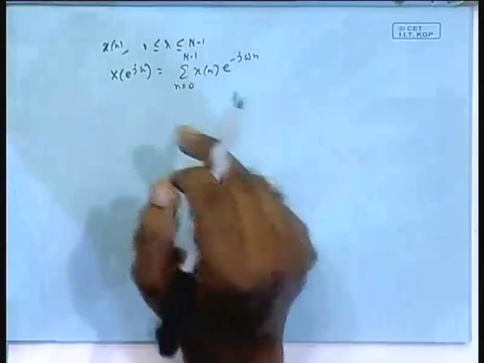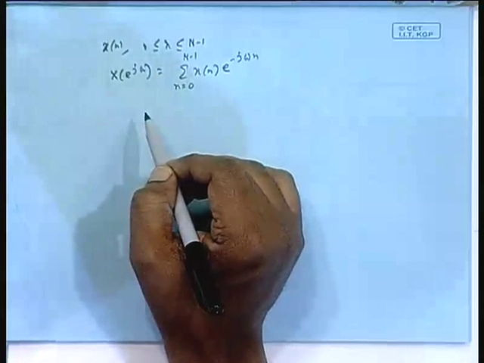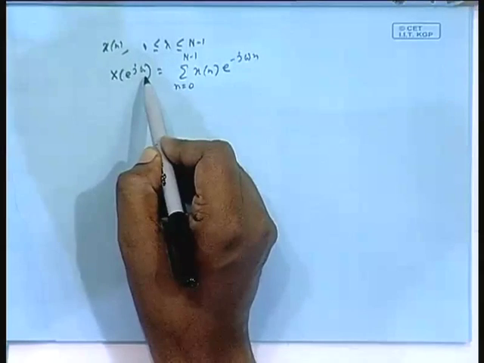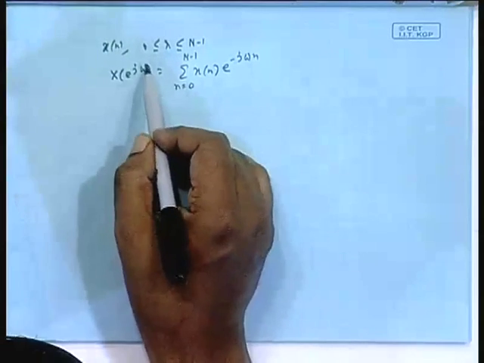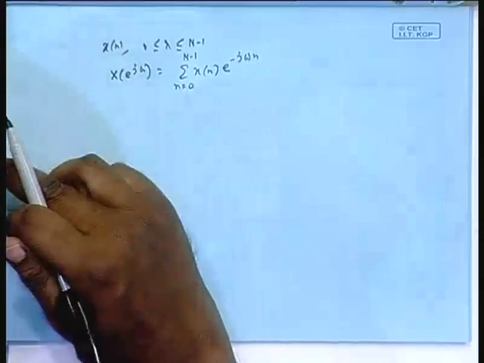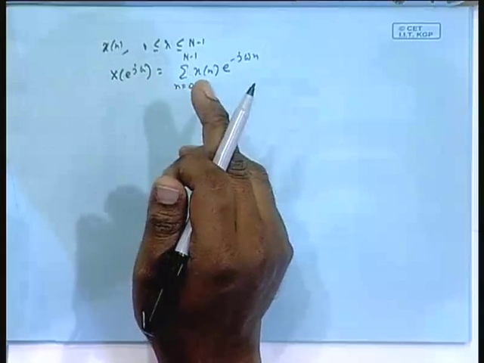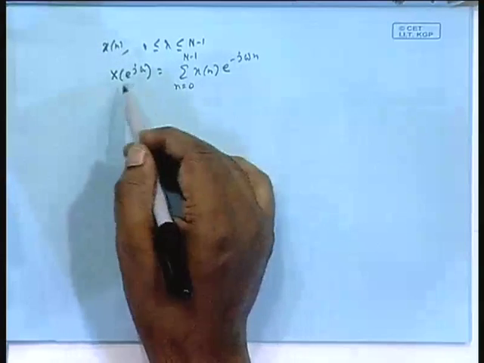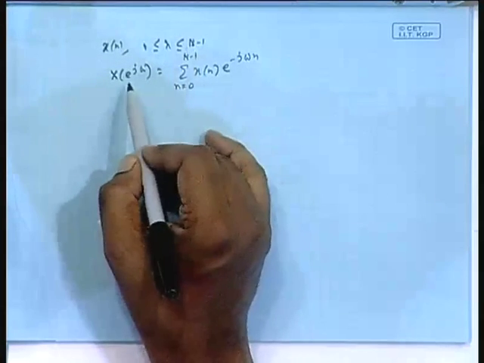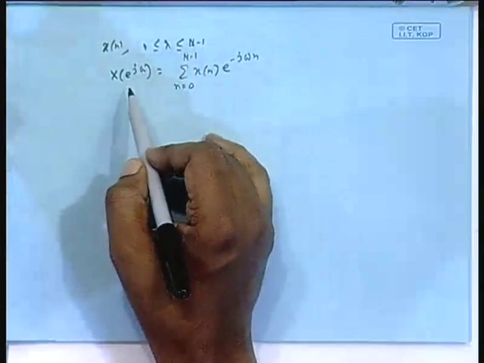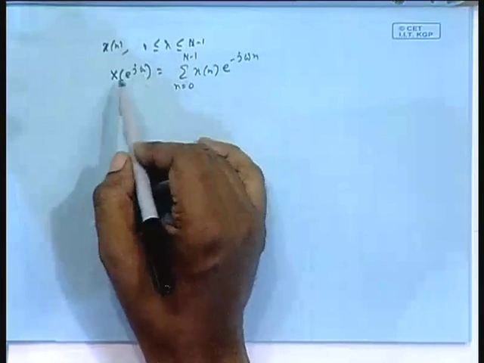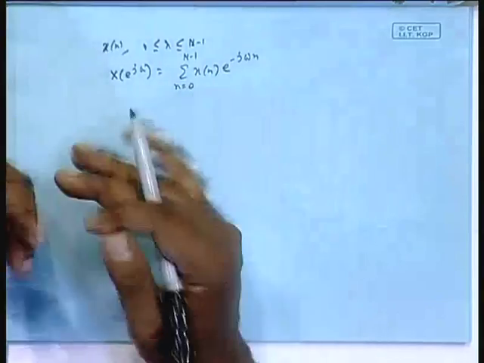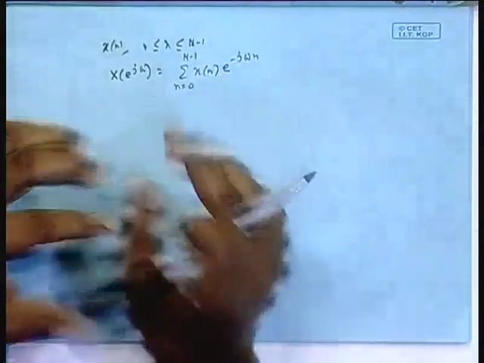It is a finite length sequence, this. But for a finite length sequence, my claim is you do not need this. See, omega is a continuous variable here from minus pi to pi. But my claim is you do not need the entire envelope, this continuous function from minus pi to pi, to have information about x[n]. We can live happily by just taking capital N number of samples or more than capital N number of samples, N being the duration of the sequence, of these equispaced samples from 0 to 2 pi. Could be from minus pi to pi also, but 0 to 2 pi I stick to. That is enough for us.